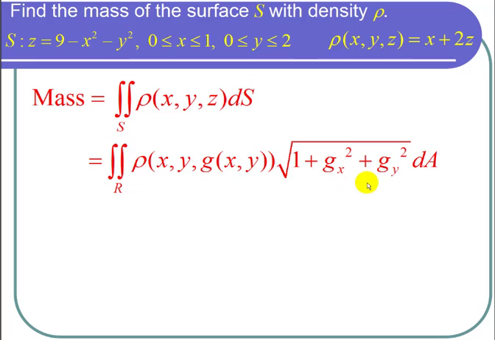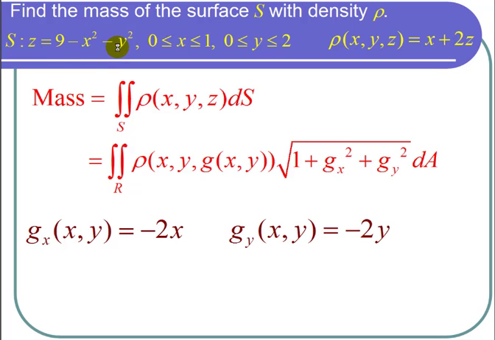So let's find g sub x and g sub y. G of xy is 9 minus x squared minus y squared. So g sub x is the partial derivative of this function with respect to x, which is just negative 2x. And g sub y is the partial derivative with respect to y of 9 minus x squared minus y squared, and that's just negative 2y. So now I can put everything together,